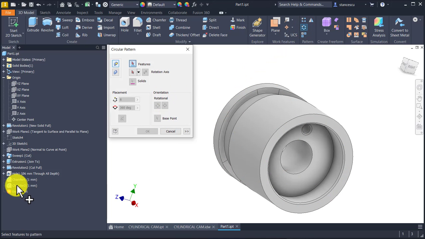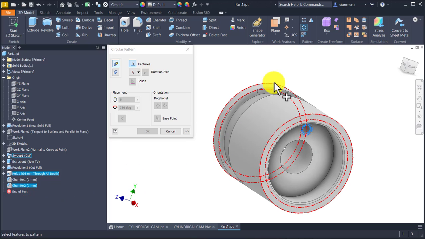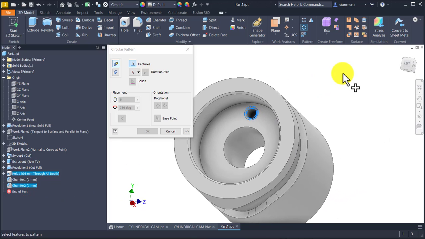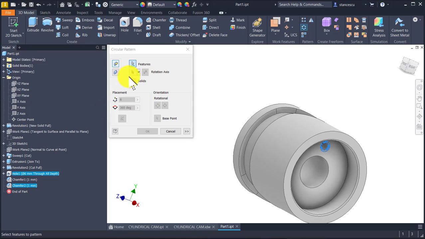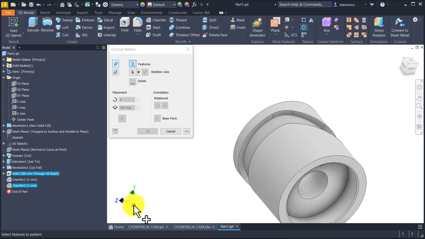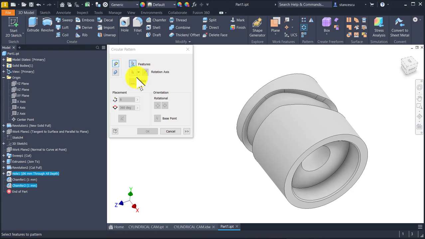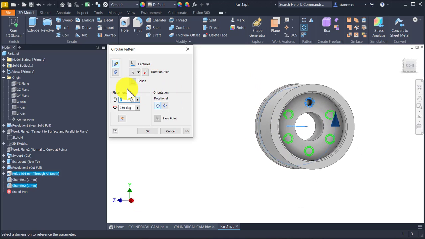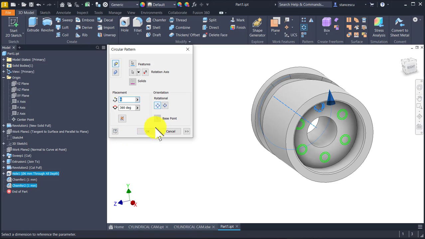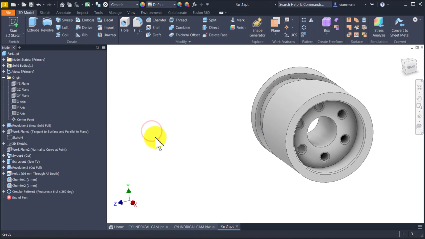I select the hole, then the chamfer 2. You see, I cannot select this, which are 2, not 1. You see, what is the axis? The axis is X. I select axis from here because this is the axis of the part. Okay,